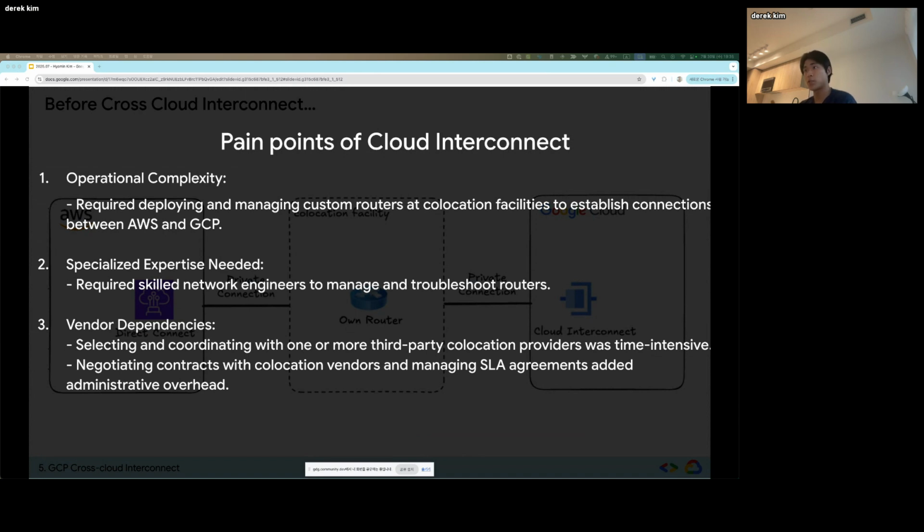First one is operational complexity. Managing custom routers at a co-location facility increased complexity. And the second one is that skilled network engineers were needed for management and troubleshooting. Third one is that coordinating with co-location providers when managing contracts added significant administrative overhead. So when we just wanted to make a private connection between clouds, we would just adopt a VPN. But